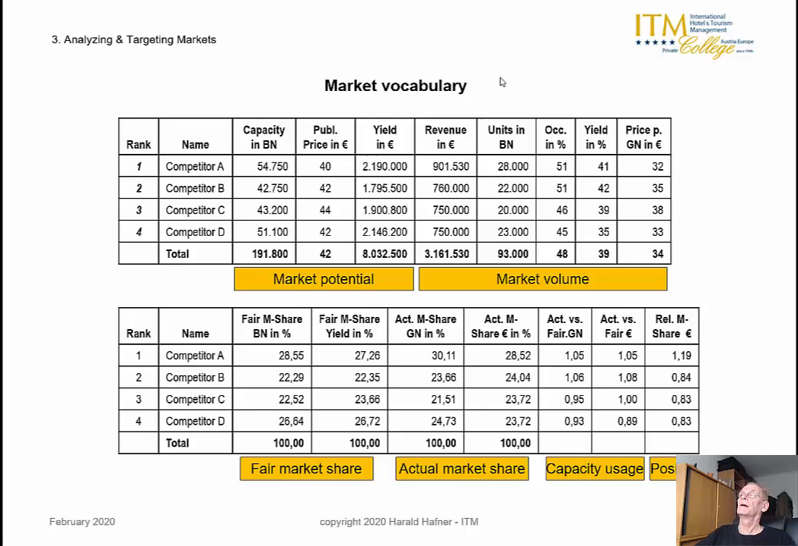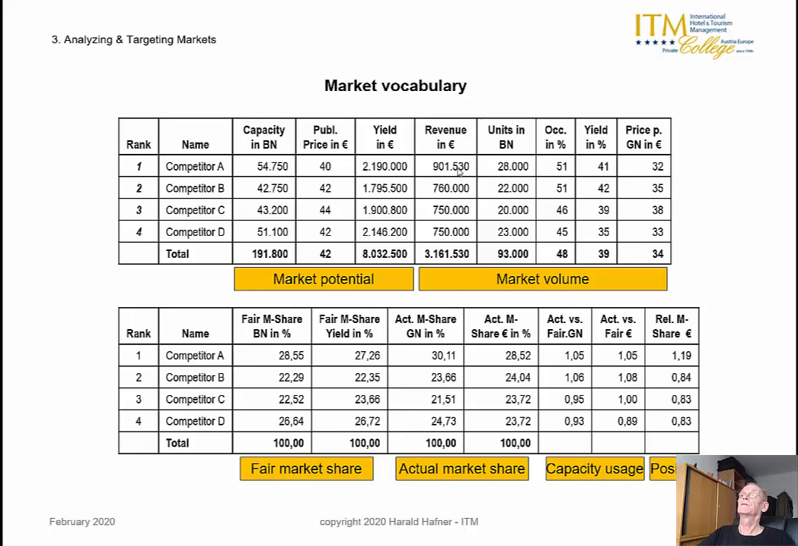How much of the yield has been preempted, described in the next column, is found by dividing the revenue by the yield times 100, and we arrive at 41, 42, 39, and 35%, and the total yield in percent is 39%. And finally, we have the price per guest night, that is also bed night, in euro, which is simply